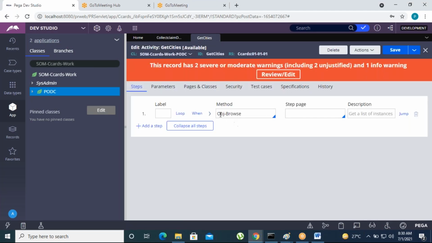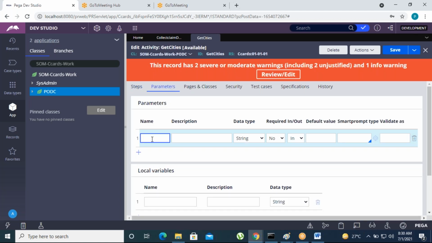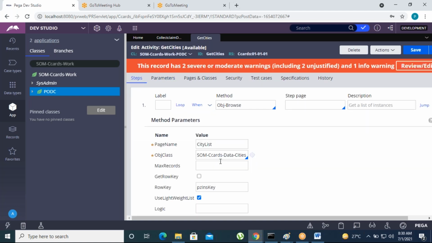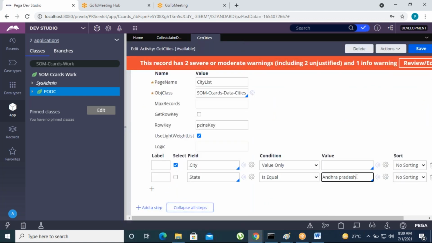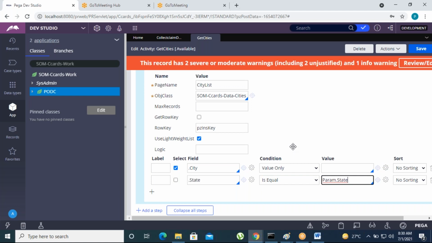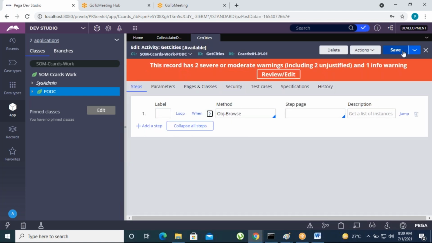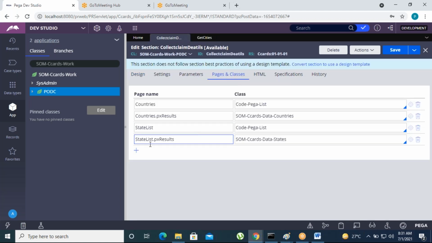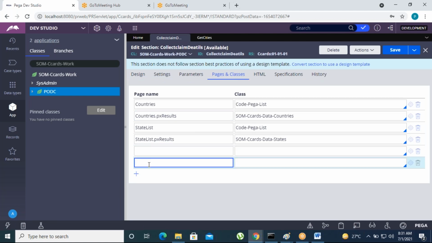One more thing, we compulsorily need to pass the parameter here. So here we can refer to the parameter, that is param.state. That's it. Click on save. Now we'll go to the section, go to base and classes, and here we can add the clipboard structure.